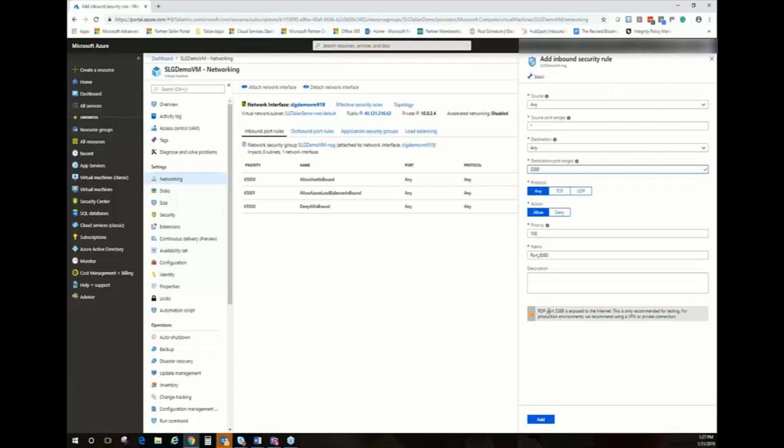And here it's telling me that RDP port 3389 is exposed to the internet. This is only recommended for testing. For production environments, we recommend using a VPN or a private connection. And I'm okay with that because normally on a machine, you just wouldn't want to set your 3389 to let anybody start to RDP in, but just for demonstration purposes, I'm going to open this up. So it's creating a new security rule. And now